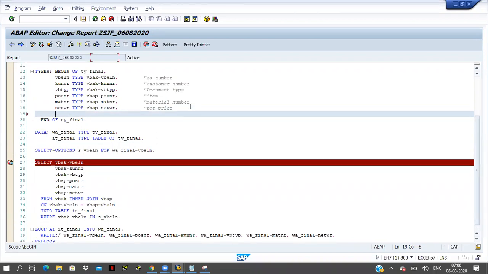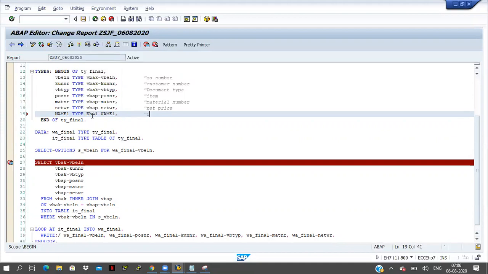Already the customer number I am taking here. Okay, KUNNR is coming. So directly I will take name one, type KNA1-NAME1.